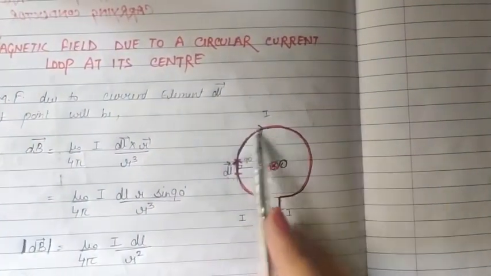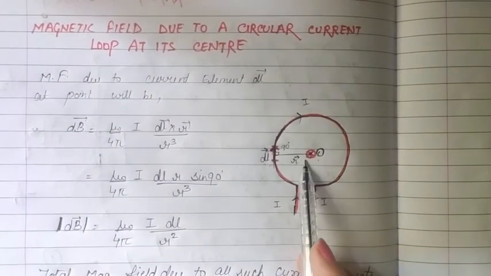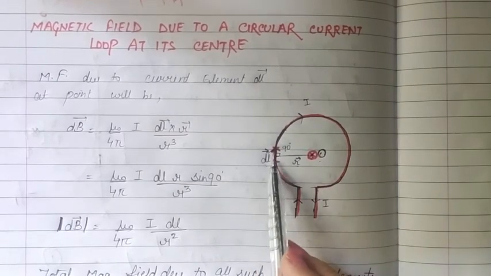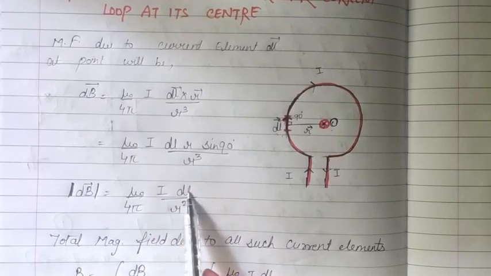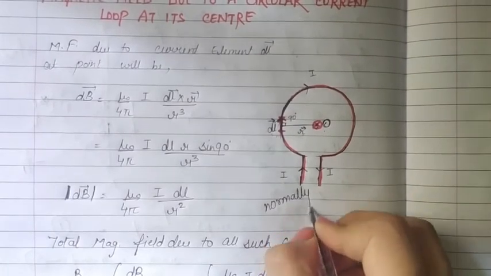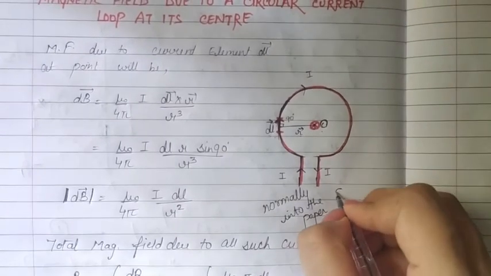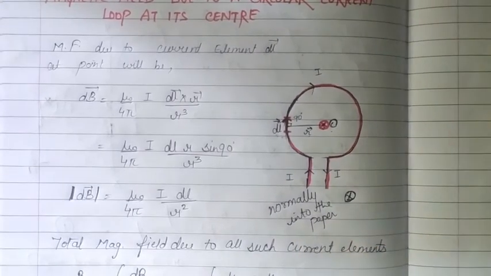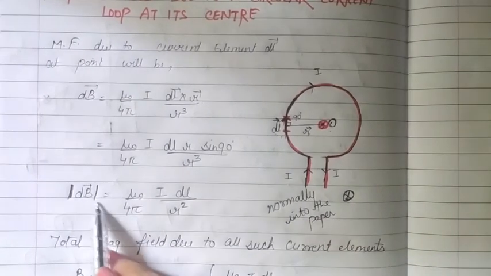We have a circular loop and we want to find the magnetic field strength because of this loop at its center. So we divided it into a number of sections called current elements of length dl vector. Then we find the magnetic field because of one such element at point O. The strength of it will be mu naught upon 4 pi I dl upon r square, and the direction will be normally into the paper, which is shown by an encircled cross. An encircled cross means a cross that has been circled, that shows perpendicular and into the paper. Now this is because of a single current element.